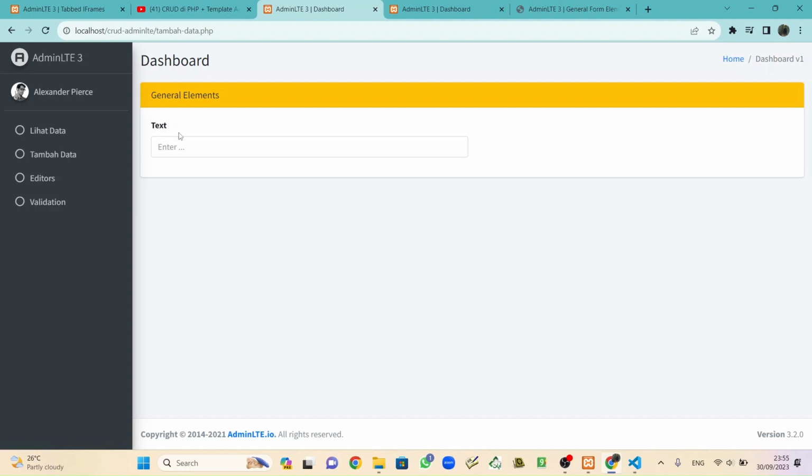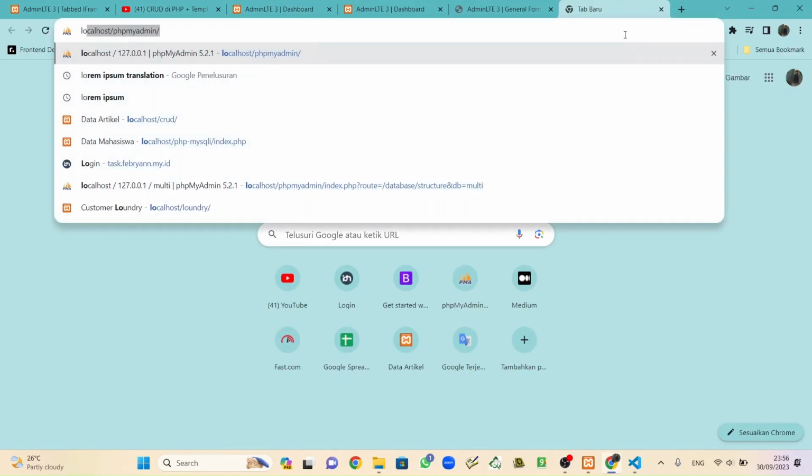So the first one is ID, and the second one is code for items, and the third is name, and the fourth is price, and the last thing, the fifth is stock. Okay, we will make this first at the localhost.